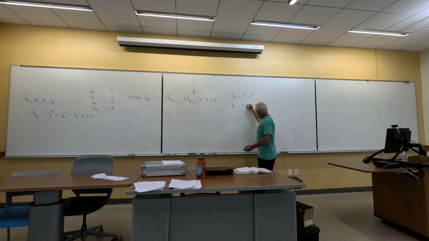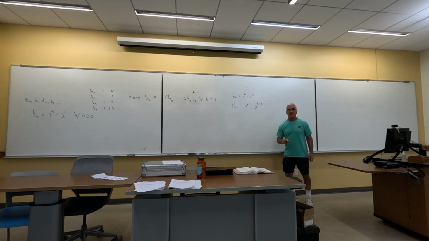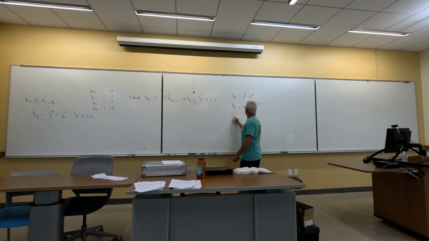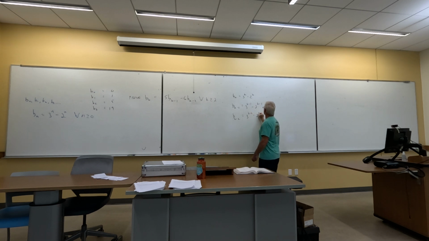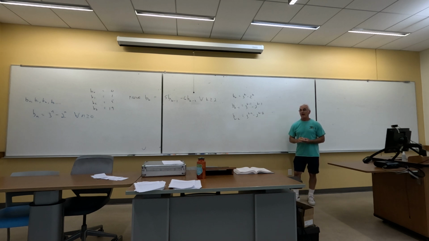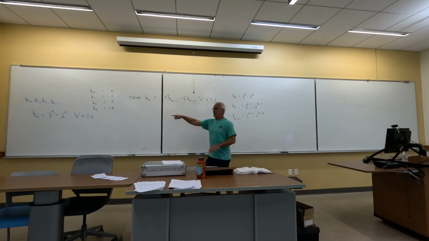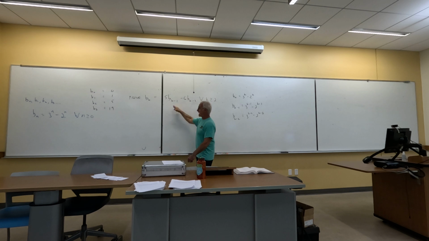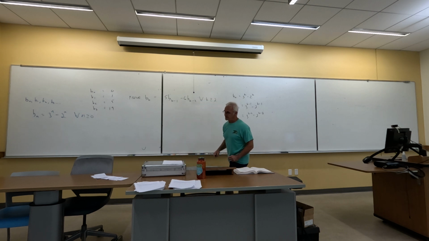3 to the k minus 1 minus 2 to the k minus 1. Yeah, exactly that. And what would this one be? 3 to the k minus 2 minus 2 to the k minus 2. Okay, that, again, I'm not questioning that part. I'm questioning that part, okay? So if that is true, now let's take,